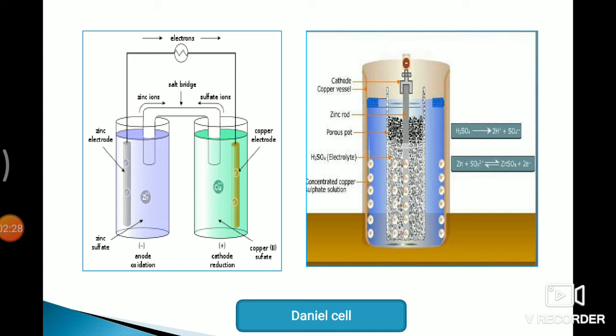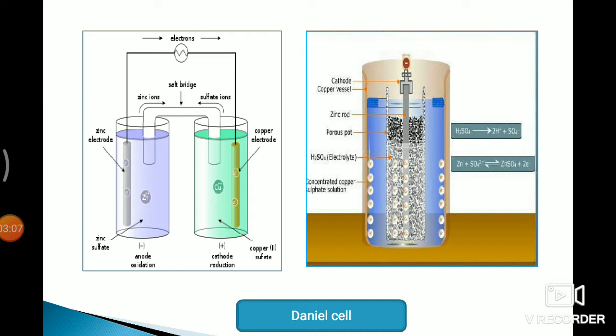This is the Daniell cell with salt bridge, and in the second example or diagram, there is the Daniell cell with porous partition. In this type of Daniell cell, it consists of the zinc electrode dipped into the zinc sulfate solution and the copper electrode dipped into the copper sulfate solution. Both the electrolytes, zinc sulfate and copper sulfate, are separated by the porous partition. Hence, the Daniell cell with porous partition.